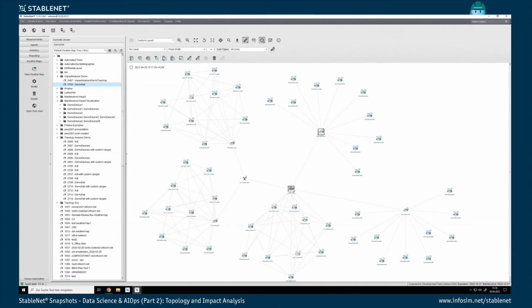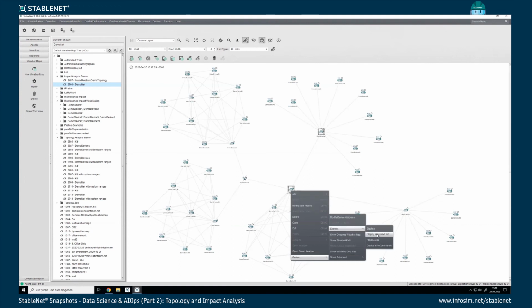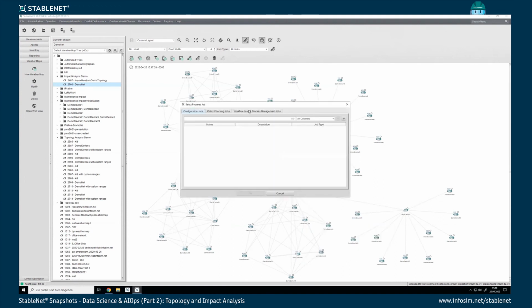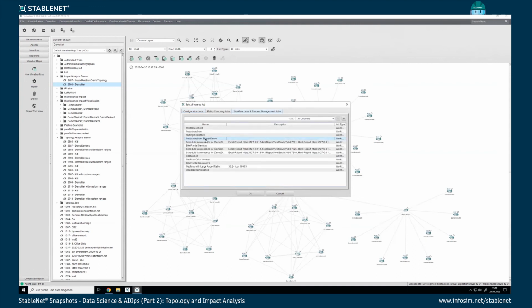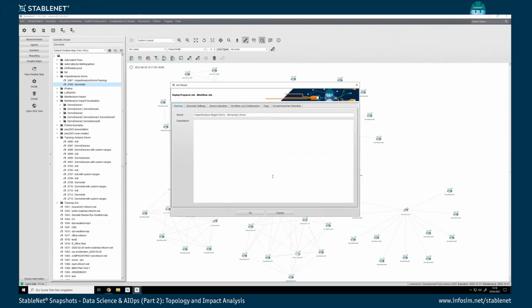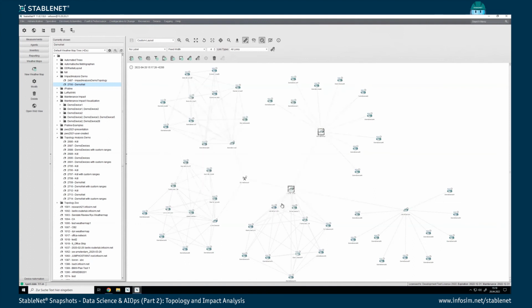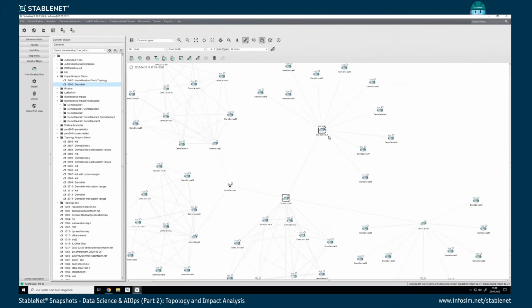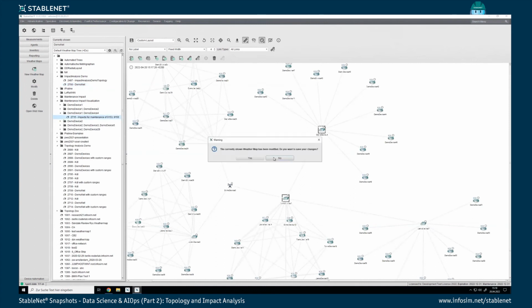I'm clicking 2 of the nodes, and I'm imagining that these 2 nodes would go into maintenance by running a prepared job. So I'm running a workflow job called Impact Analyzer that we have prepared here. And in this Impact Analyzer, I'm just starting it directly. Yes, here we go. And you will see in a short moment that I have switched off 2 devices, device 4 and device 1. So I'm getting here a new weather map as the result of my